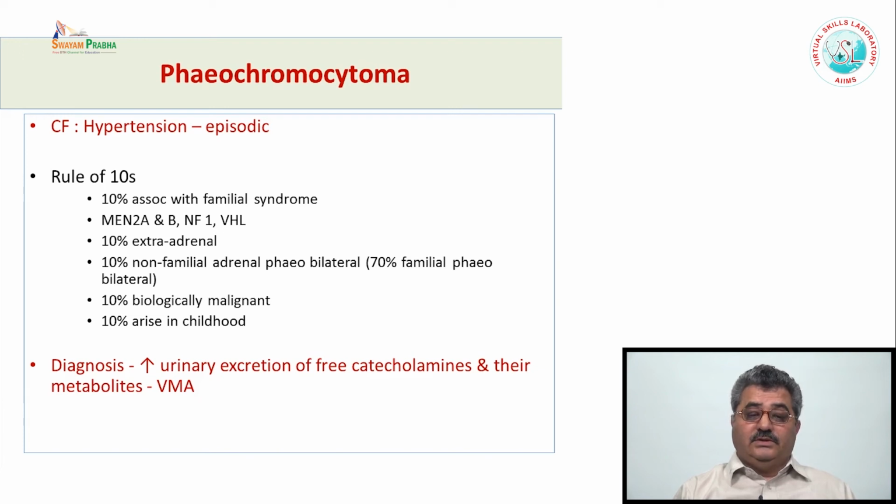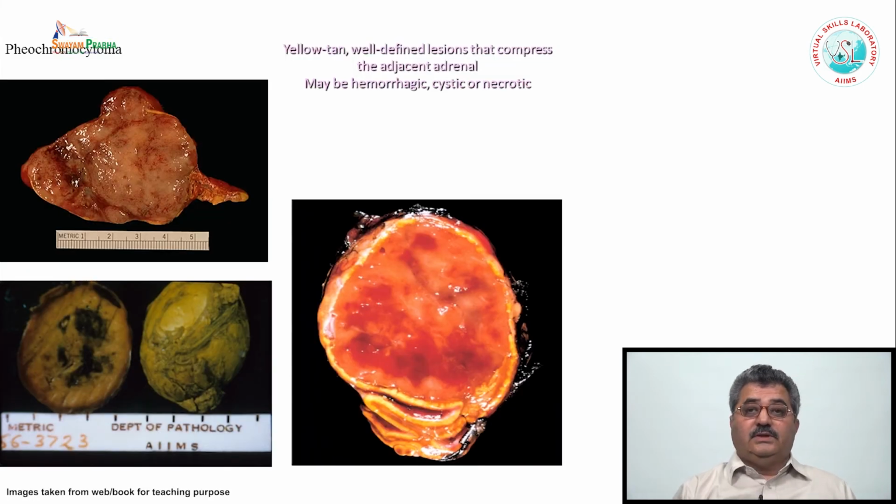The diagnosis is very simple: to measure the urinary excretion of free catecholamines or their metabolites, VMA. And when these levels are high, that's very suggestive of pheochromocytoma. This is the gross example. Pheochromocytoma, as I mentioned, they excrete the catecholamine. When these catecholamines